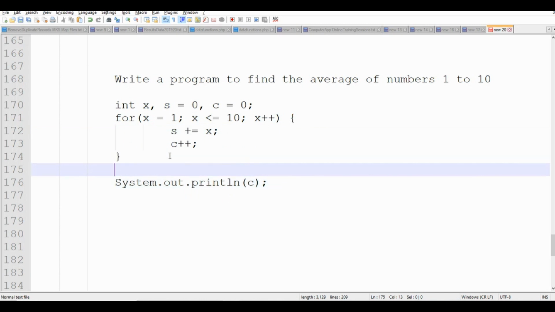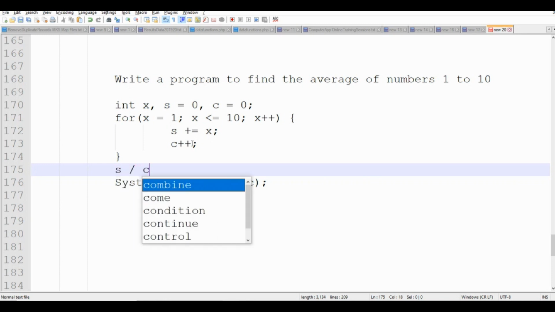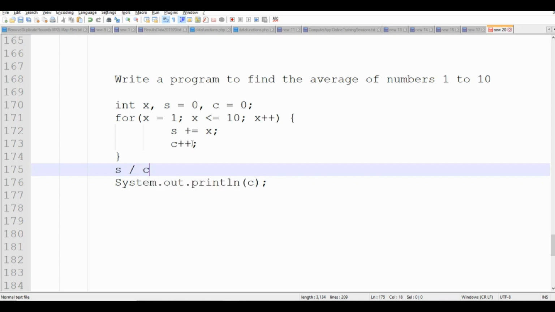Now what is going to happen? S plus equal to X is going to accumulate all the numbers. C++ is going to count all the numbers. So if I divide S divided by C when the loop finishes, it should actually be giving me the result. It should. Okay, so what I'll do is I'll create a variable called float avg is equal to S